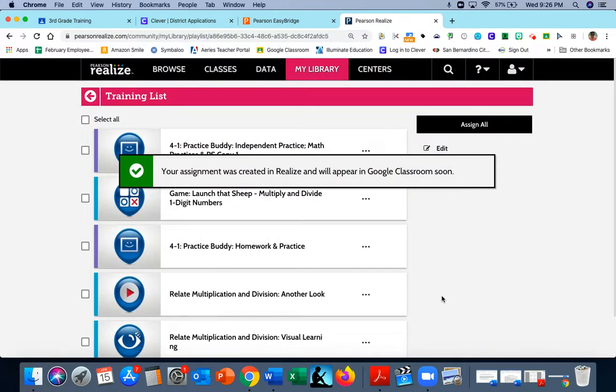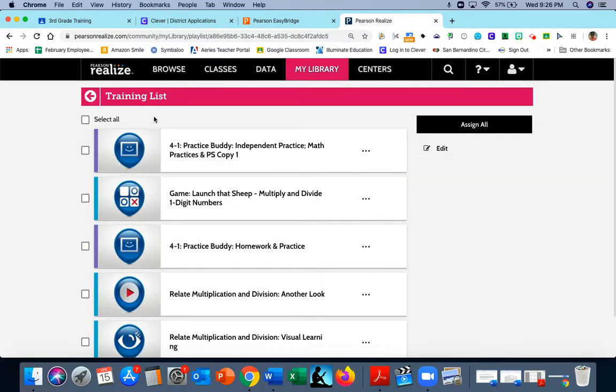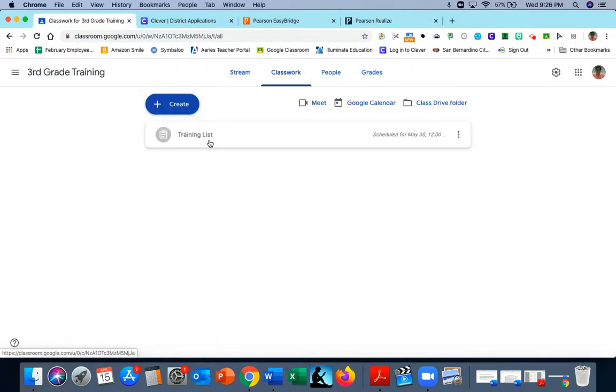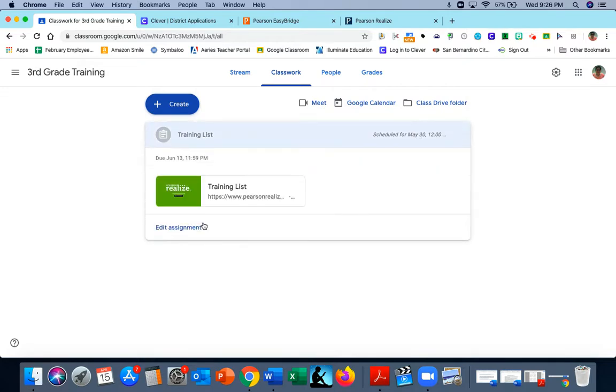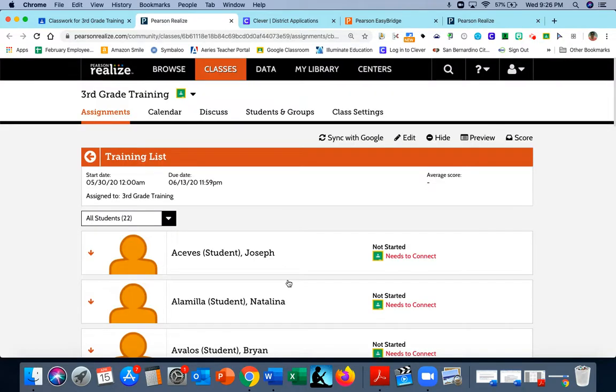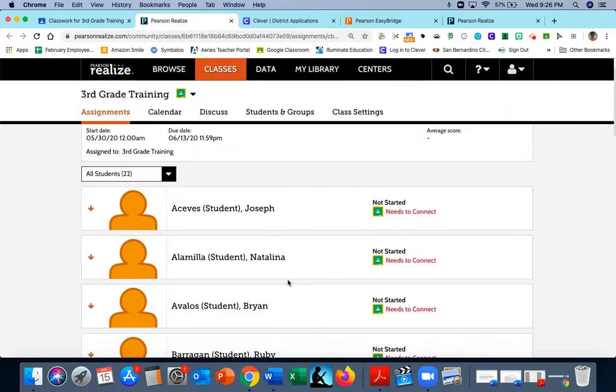And now it is starting to appear in your Google Classroom. So what you're going to do is go to your classwork. And if you notice, it is kind of a grayish color because it is scheduled for the future because I chose May. So if I click down here, it gives them their task of what they're going to do. And they'll click on it and it will take them there now. And then students will, well, we can't see the student edition, but the students will be able to do their